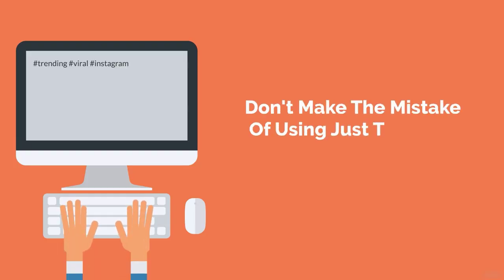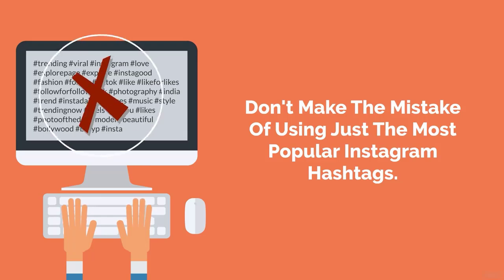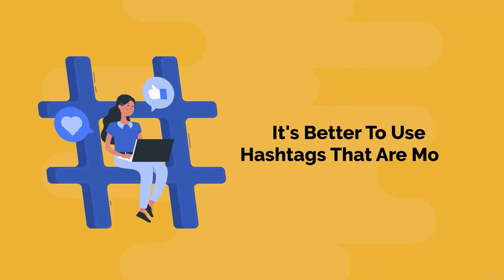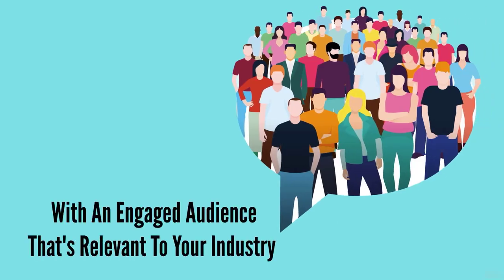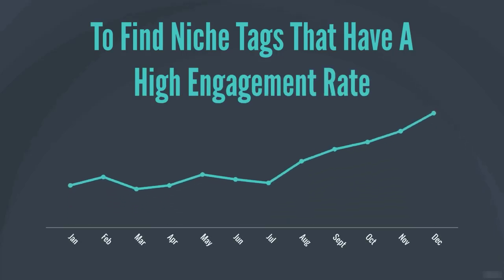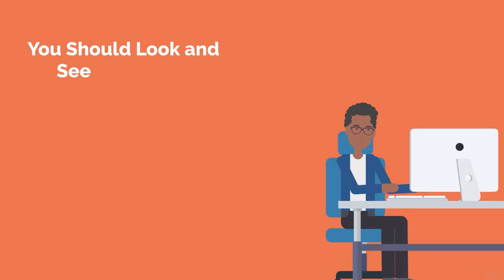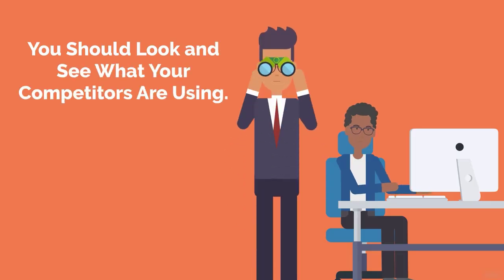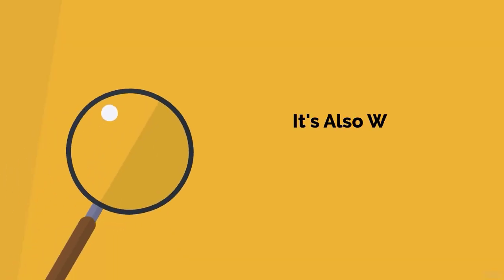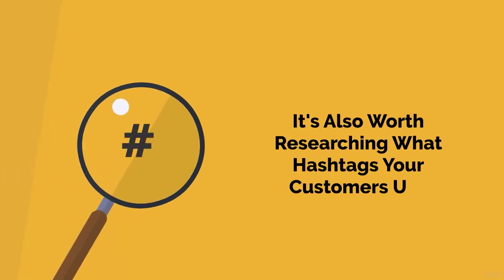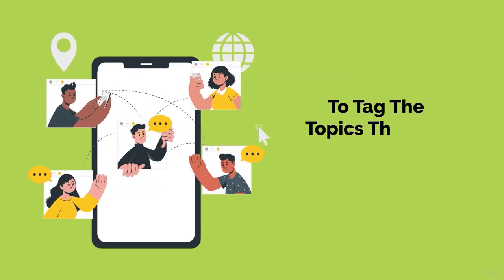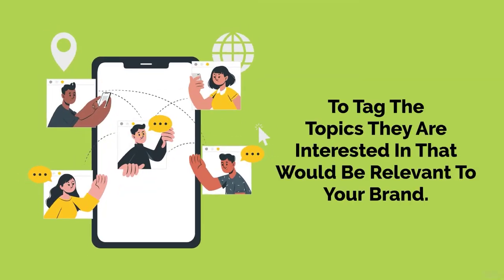Don't make the mistake of using just the most popular Instagram hashtags. It's better to use hashtags that are more niche, with an engaged audience that's relevant to your industry. To find niche tags that have a high engagement rate, you should look and see what your competitors are using. It's also worth researching what hashtags your customers use to tag the topics they're interested in that would be relevant